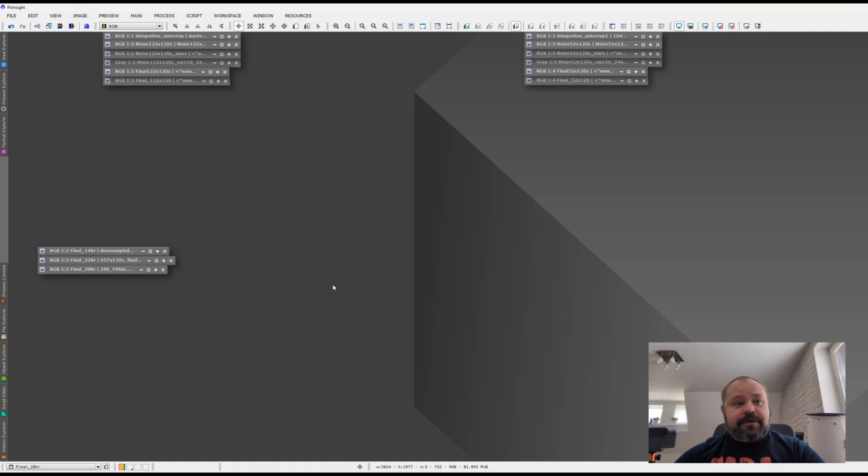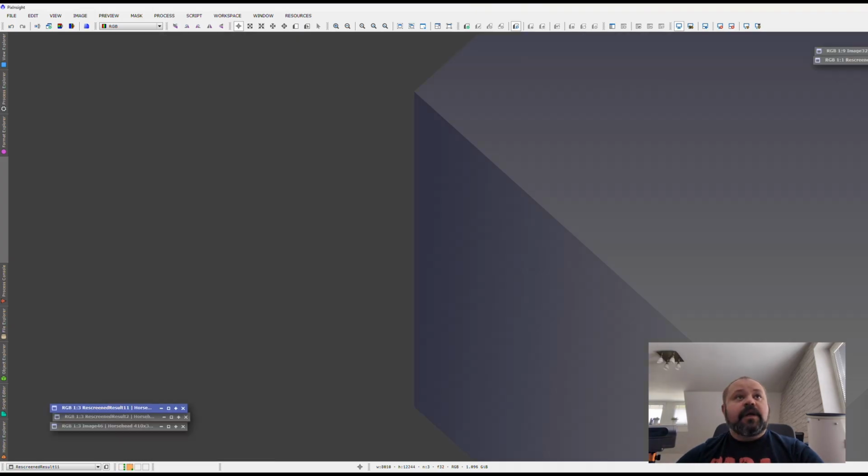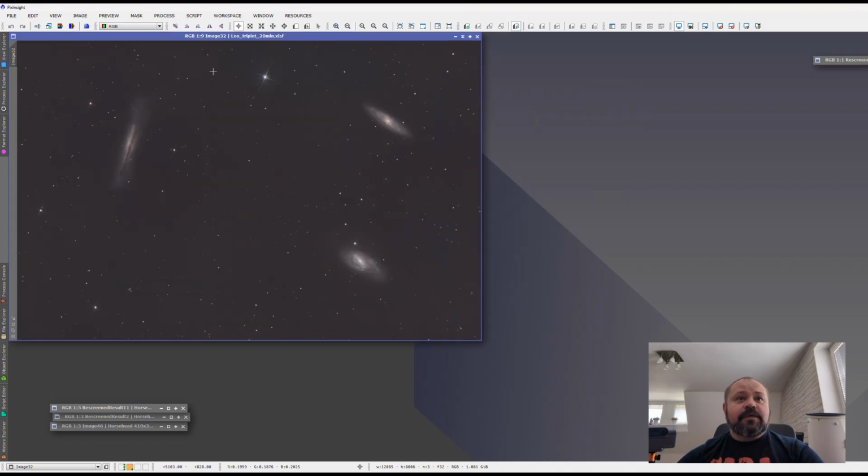Okay, so going further, I also have pictures from the Dobsonian that is behind me, and this is an example from the Leo Triplet. These are galaxies M65, M66 and NGC 3628, if I'm not mistaken by the designation, but this one is also called the Hamburger Galaxy. So going into comparison